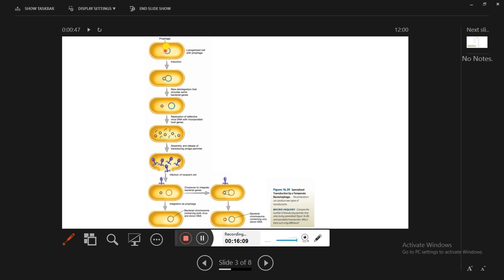Okay, phage કોઈપણ genome બેક્ટેરિયાનું ટ્રાન્સફર કરતું હતું. But here, in the case of specialized transduction, some of the selective genes are taken up by the phage particle